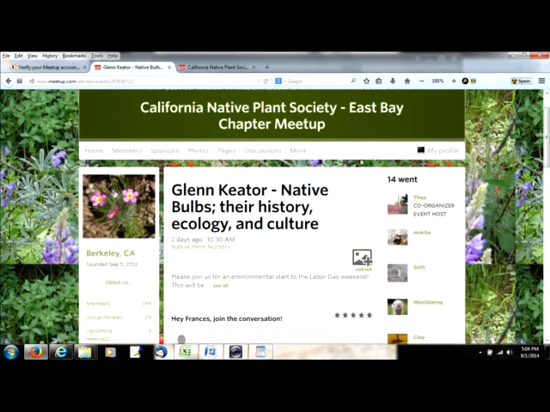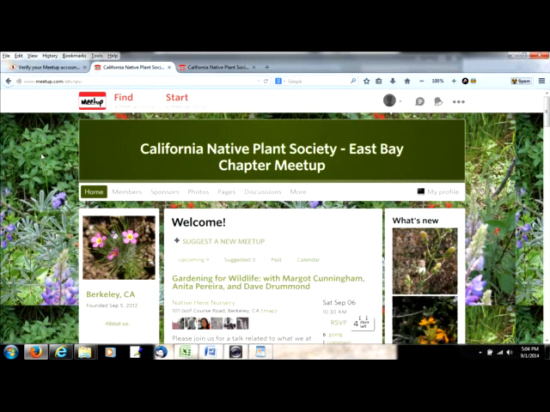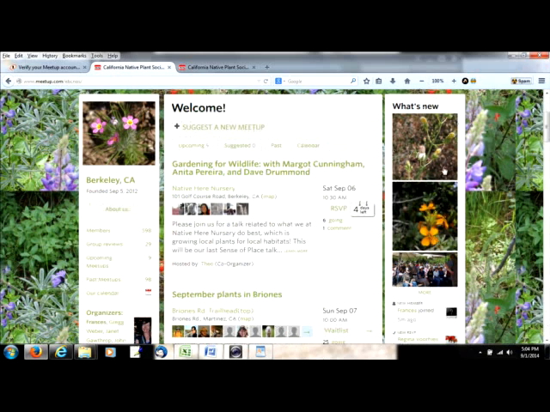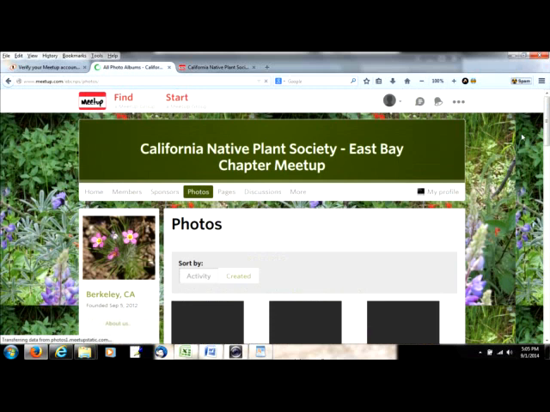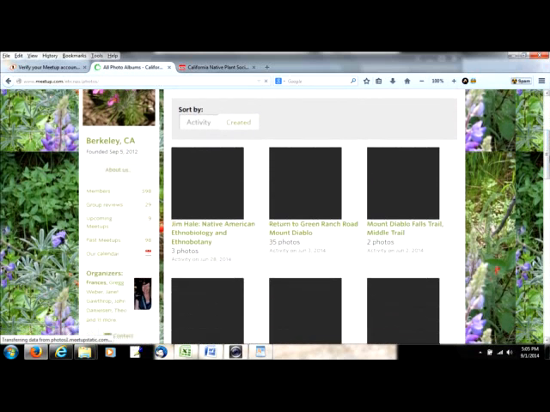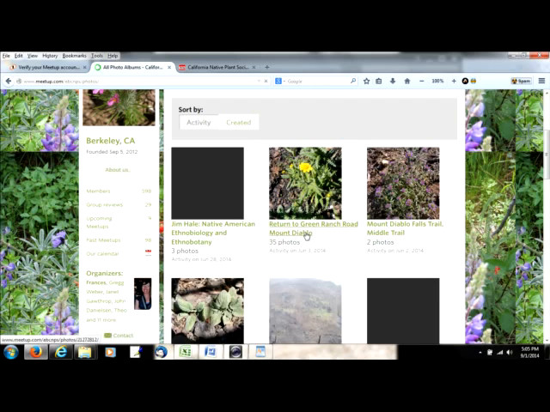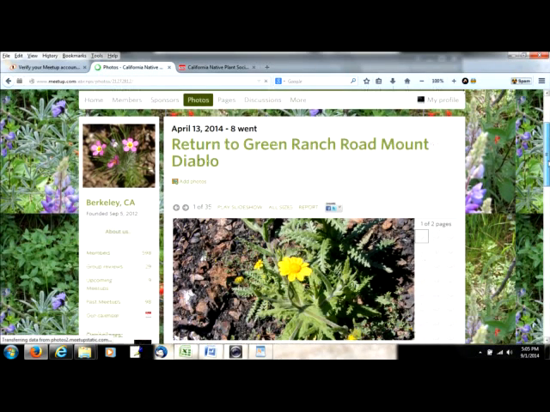Another thing that you can do as a member is you can upload pictures associated with the event by clicking this upload button. You can see the pictures that have been uploaded from various events. They're highlighted here on the right hand side, randomly chosen pictures that Meetup's showing. But you can also go to this photos tab here, and you can find photos from past events. So this event here was a hike to Mount Diablo,